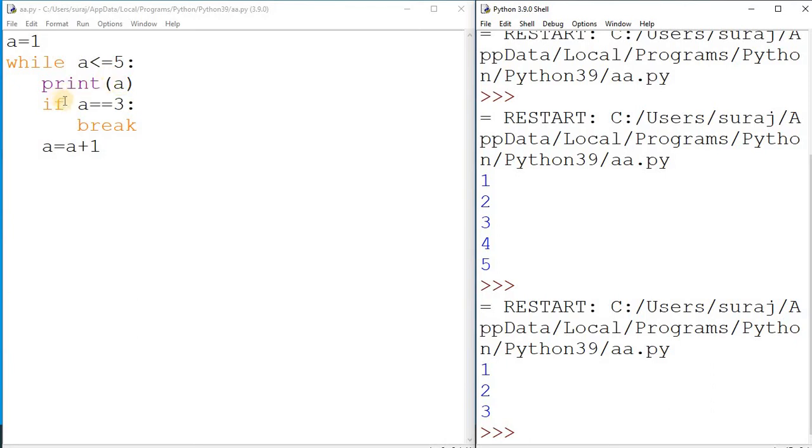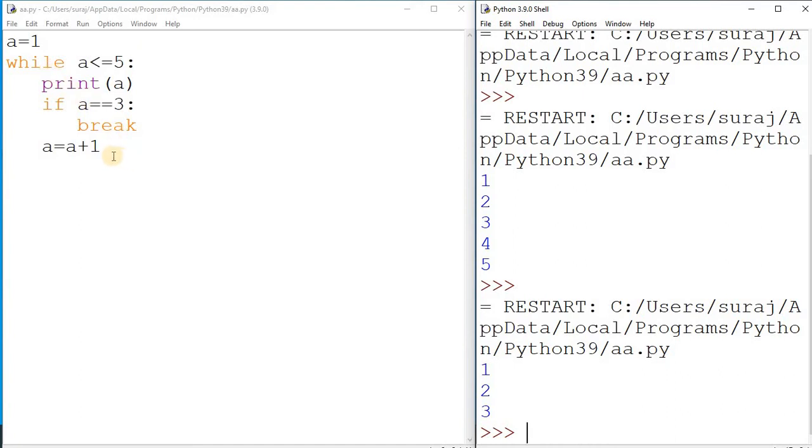After printing, it checks whether a is double equals to 3, so it will break. Because we used print before this condition, it shows 1 to 3, and once the value is 3 it breaks, so the fourth and fifth values will not be printed. In this way we can use the break statement within the while loop.